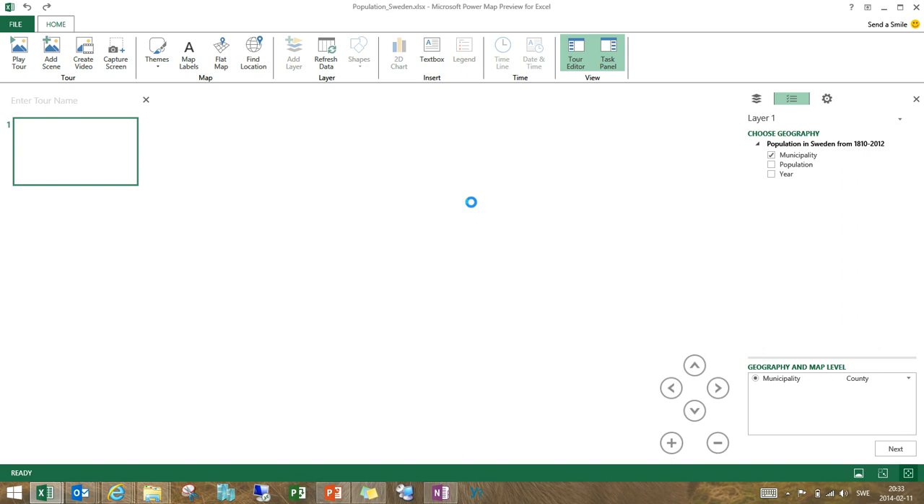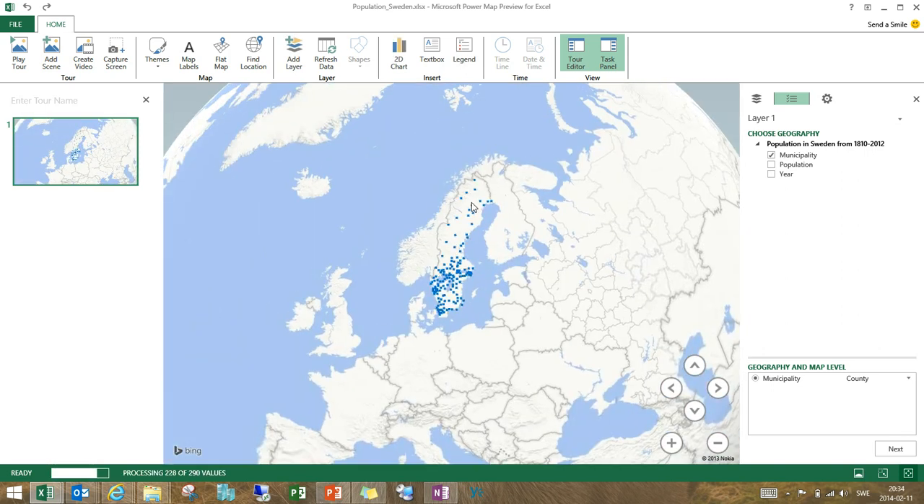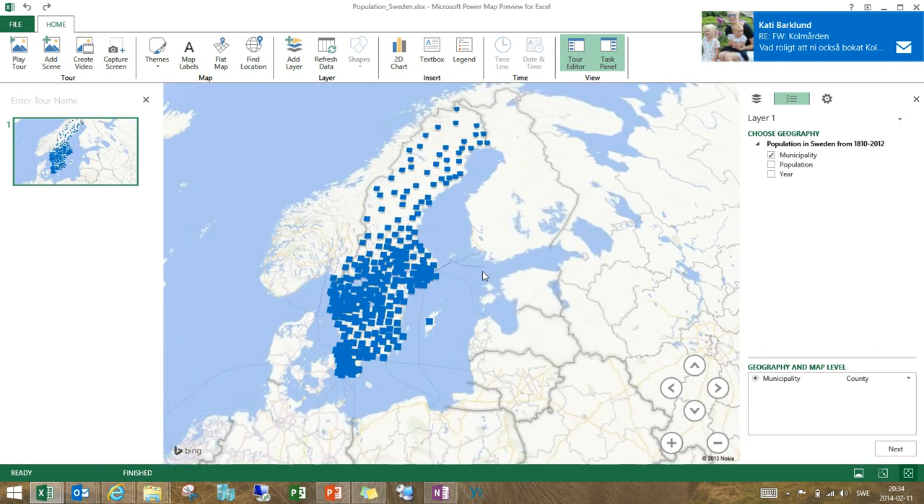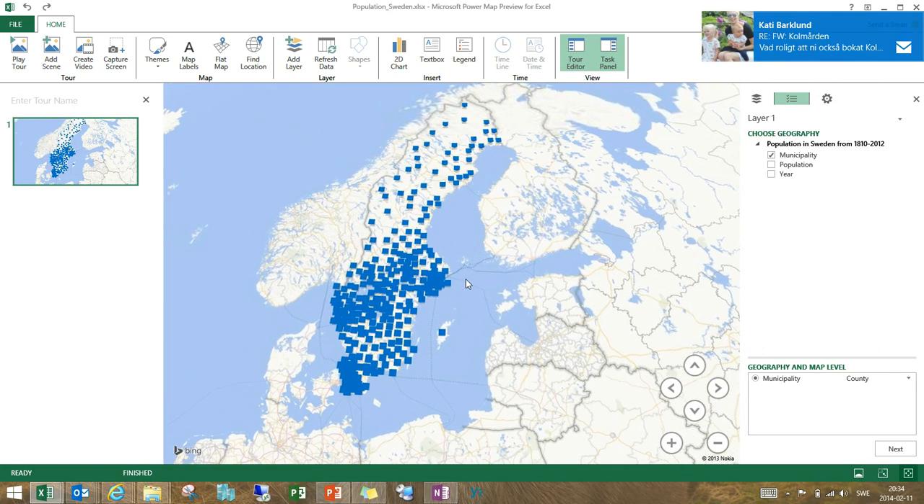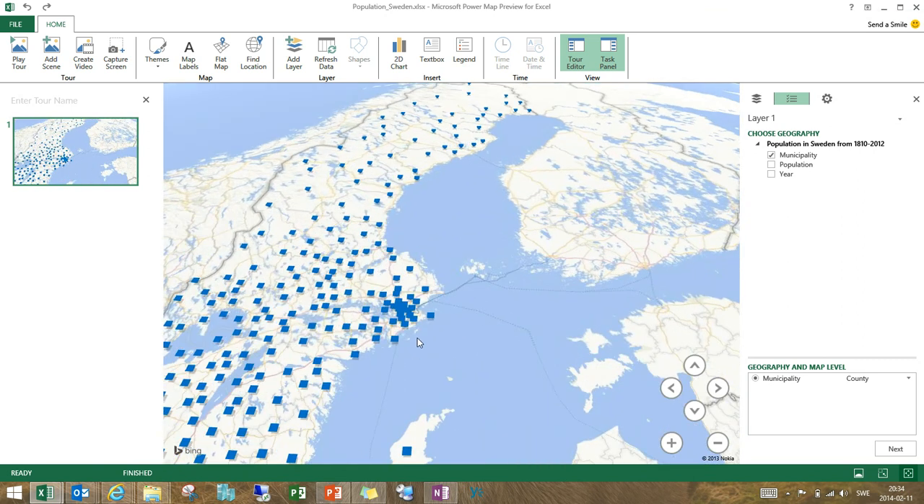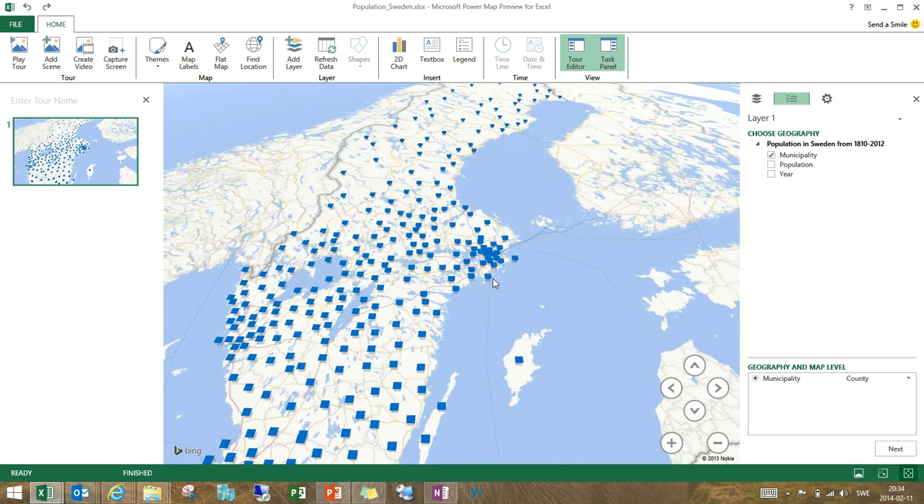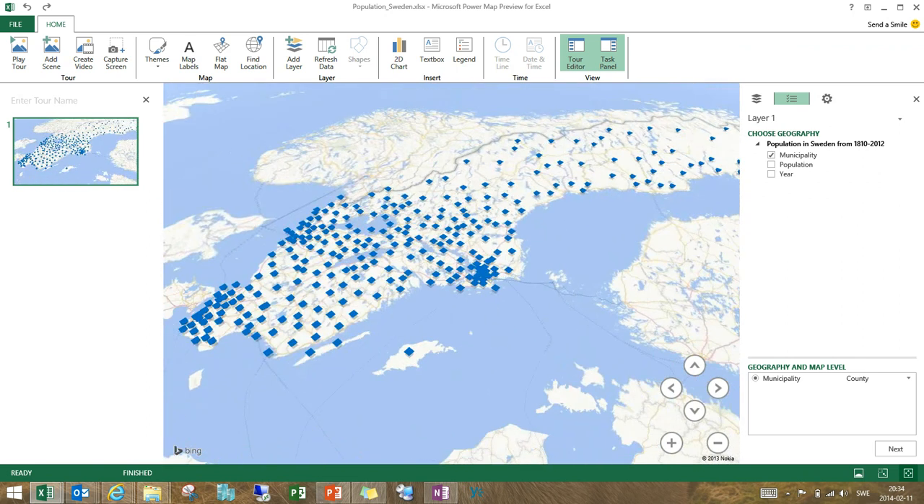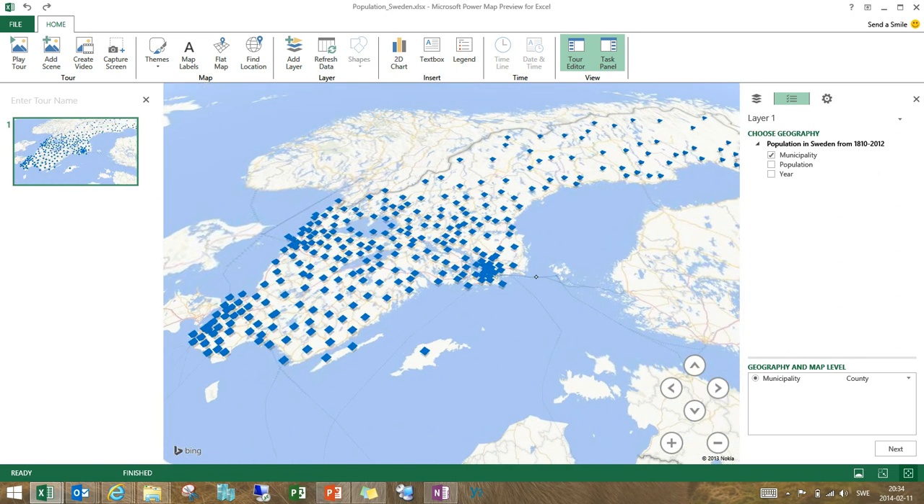Okay, so waiting here now for Power Map to launch. You saw what happened there quite quickly. Bing actually went in and made a lookup of the 290 municipalities of Sweden. If you have a touch-enabled device, as I said, you can just use your fingers on the screen